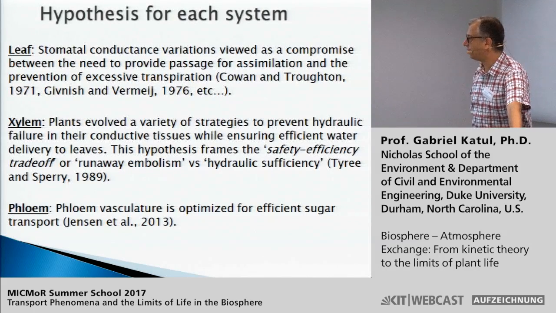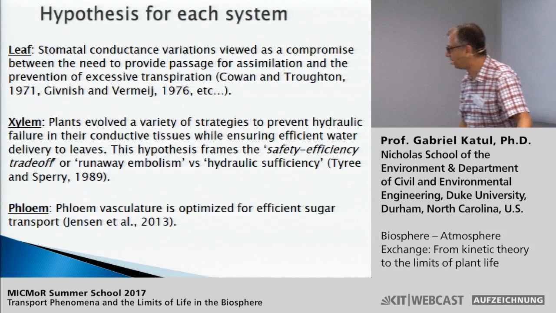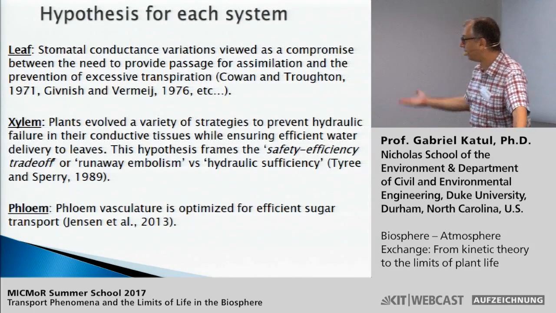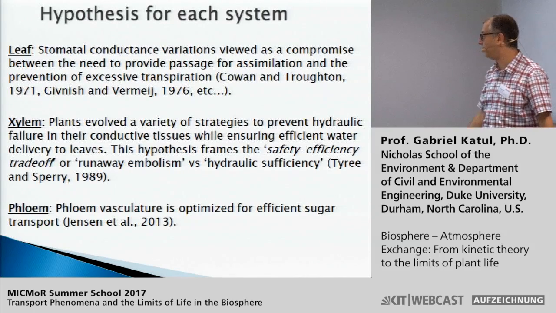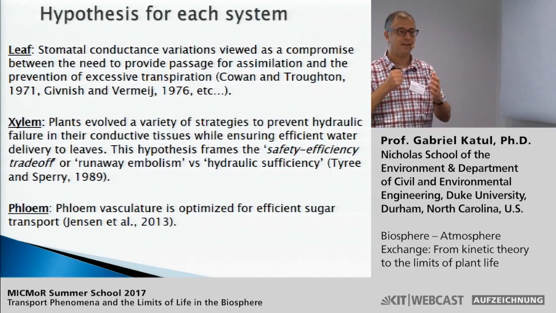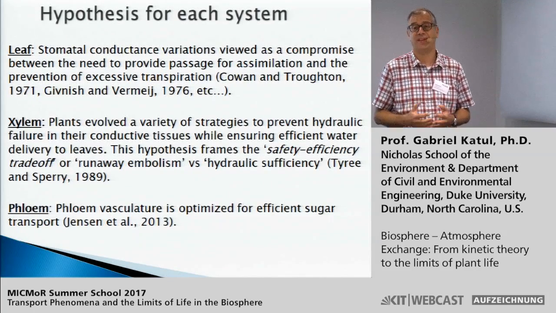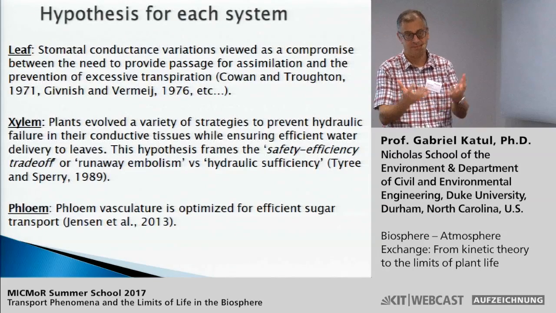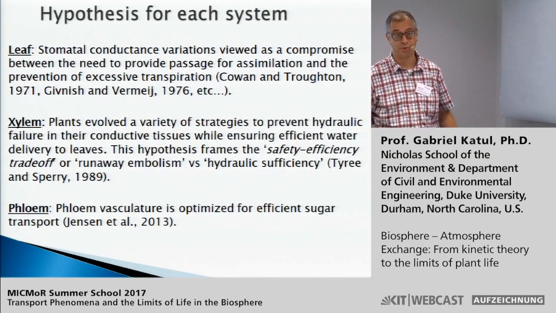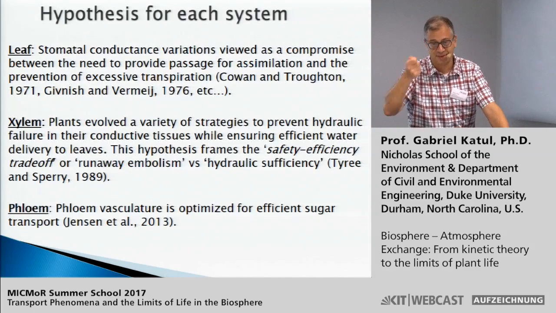And likewise, in the case of the phloem, as Jensen will discuss when he comes, but I will touch a little bit upon his topic, so we will make some contact with the phloem too, the phloem vasculature is optimized for efficient sugar transport. And there again, there is another optimization problem. If you ram too much sugar in because of photosynthesis, your viscosity actually will go up. Yeah, maple syrup. You are now dealing with maple syrup, very viscous, so it becomes much harder to push the water in the phloem. In fact, that's how you extract maple syrup.